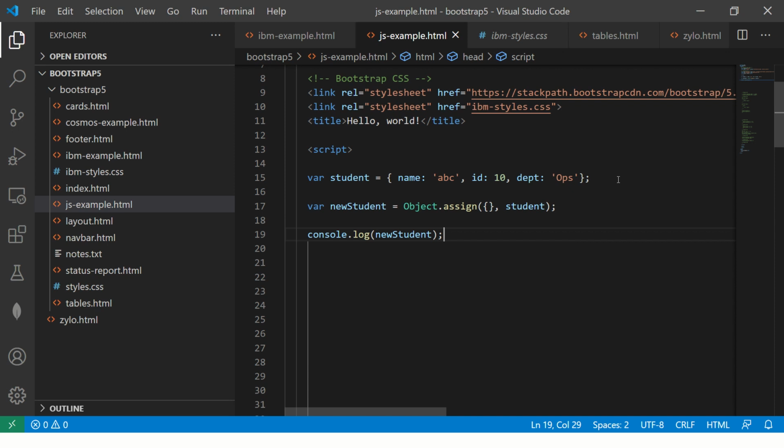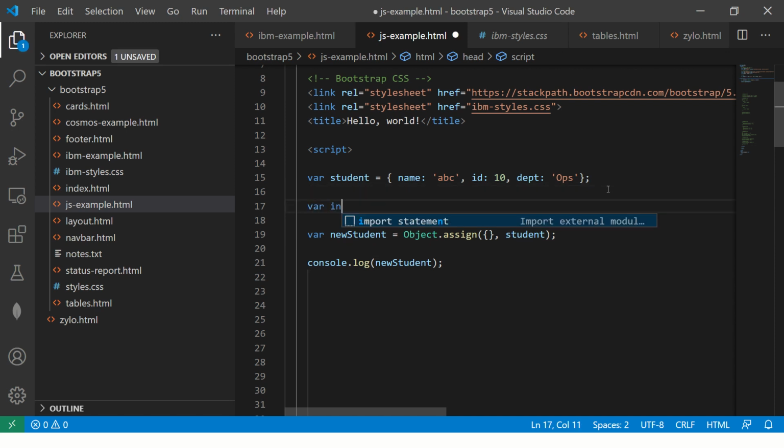Now let's do some modification to it. What do I mean by that? Let's say I already have an intermediate state equal to something, where I'll say percentage, let's say 65. So I have an intermediate state.